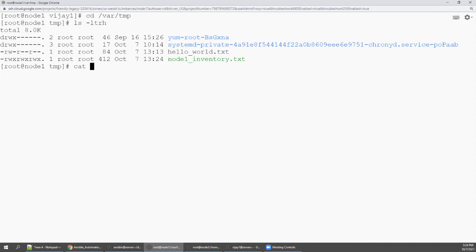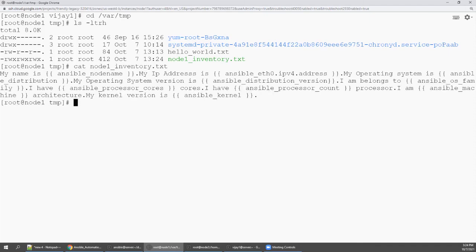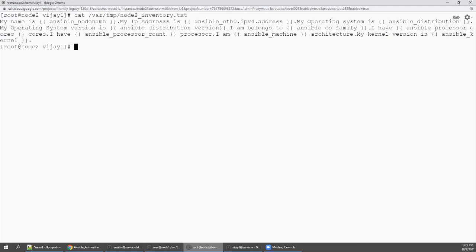So I'm going to say, see, the file copied, but the file copied as it is. We will also see in node 2 the same case. var/temp/node2.inventory. So the file copied as it is, but I don't want it as it is. I want to copy what is there in that machine, right?